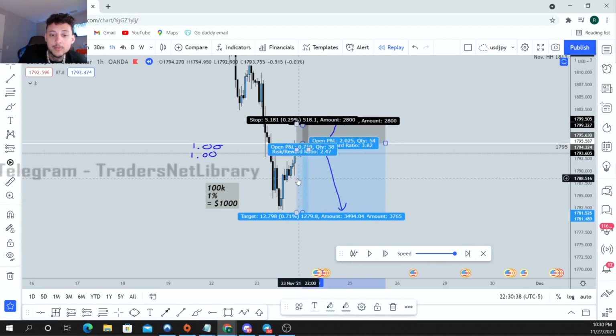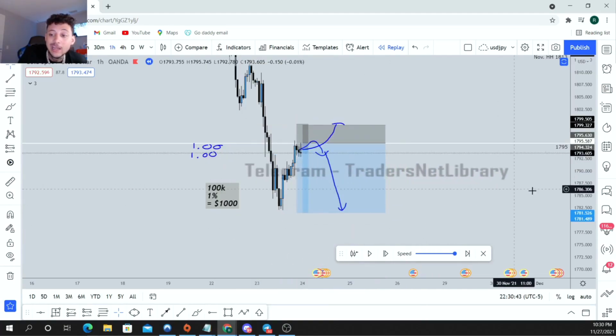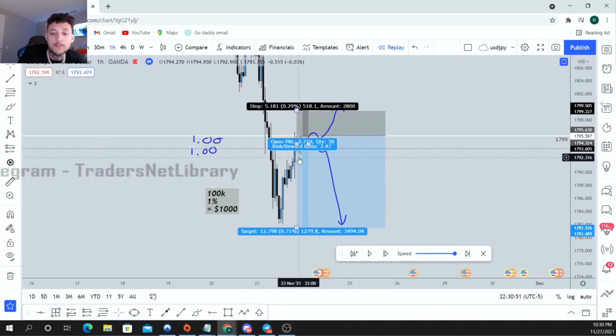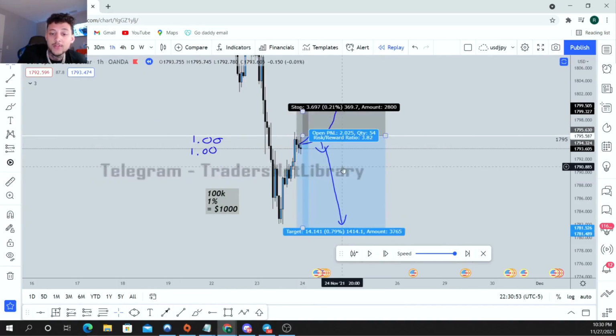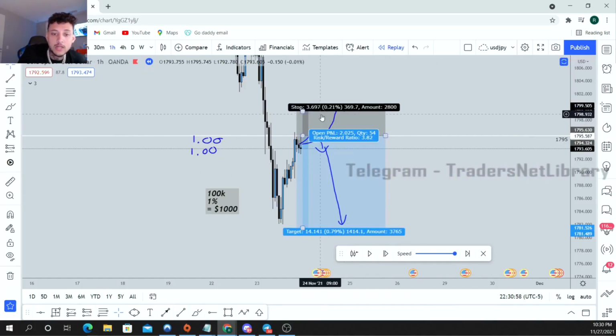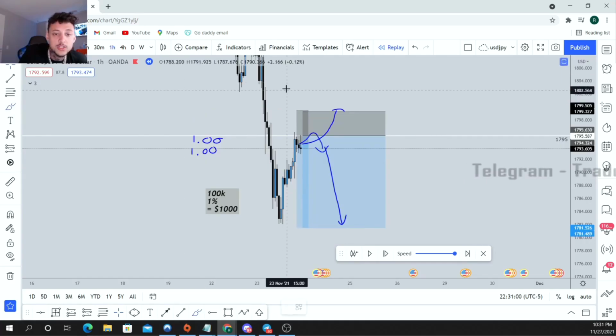Now notice on the second position, your 2.5 risk to reward ratio turned into a 3.8 risk to reward ratio. So we have a maximum of $1,000 risk. On this first position, we know we're risking $500. On this second position, we're only risking $369. Why is that? Because our stop loss on the first position is 50 pips,